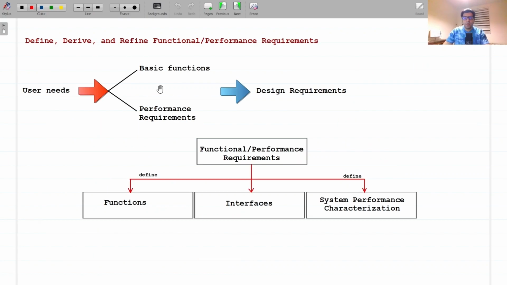At the beginning of the project, SE is concerned primarily with user requirements analysis, leading to the translation of user needs into basic functions and a quantifiable set of performance requirements that can be translated into design requirements. Defining, driving, and refining functional and performance requirements apply to the total system over its lifecycle,